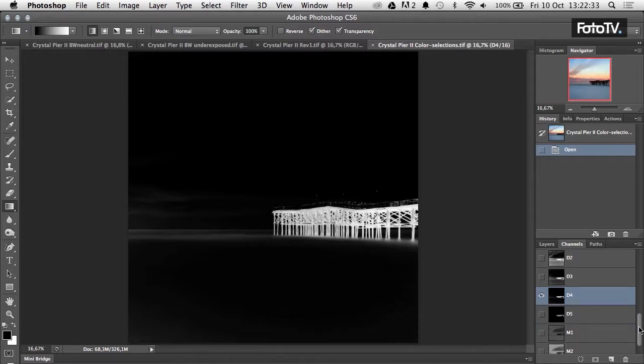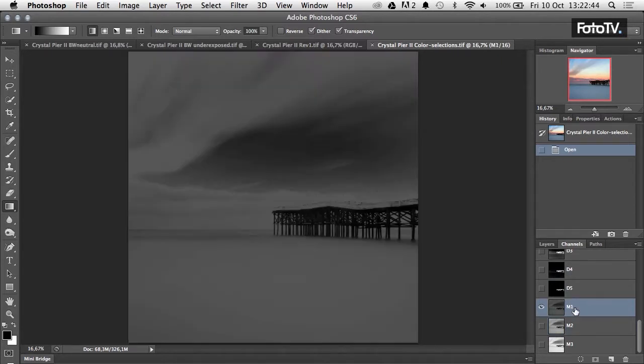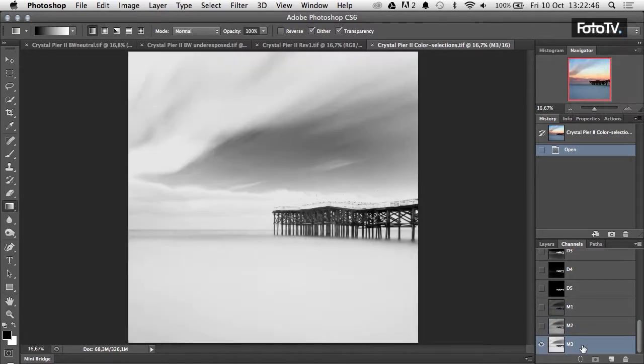But first I'm going to look for the water, keeping in mind this D4 dark luminosity mask. So I have to go to the mid-gray tones luminosity mask. And I think that I could use M3 for this, because what you see here is that this part is going to be affected quite a lot. And so I could use this, and you see that the pier itself is quite dark, so you're not going